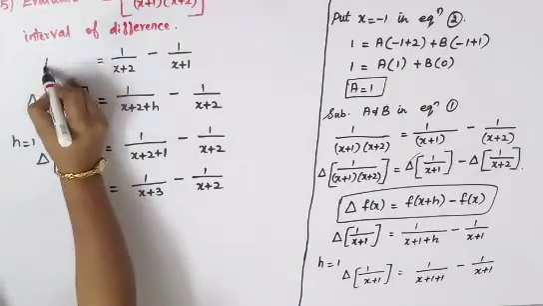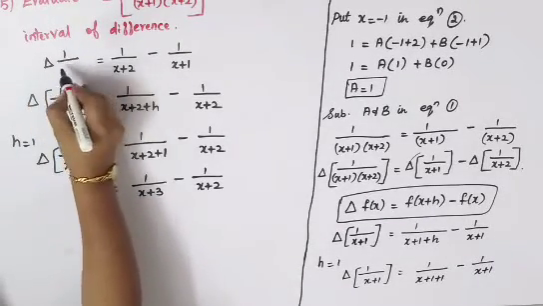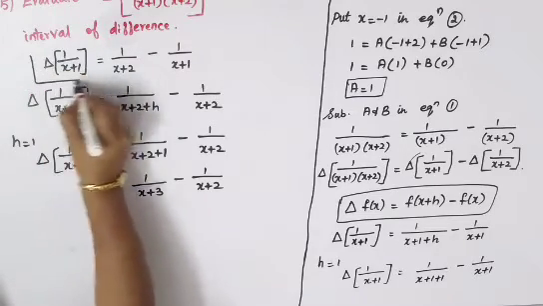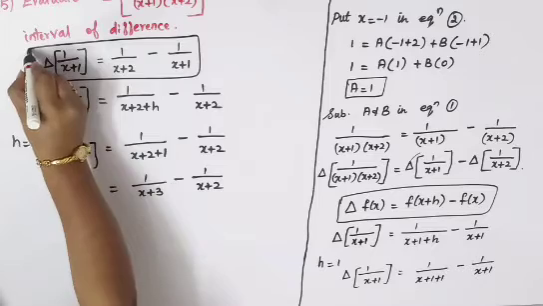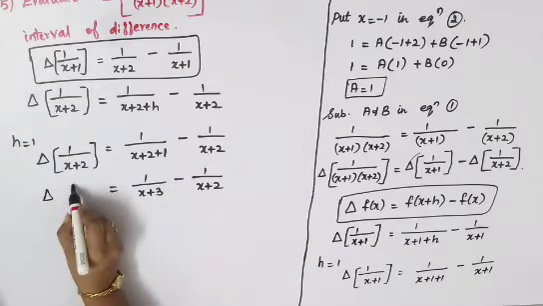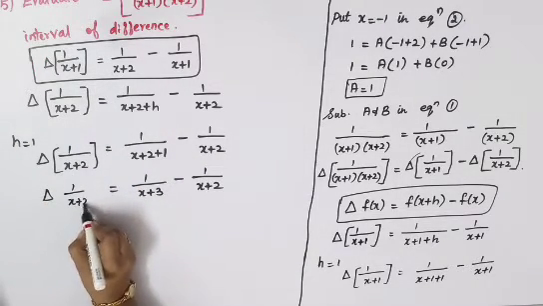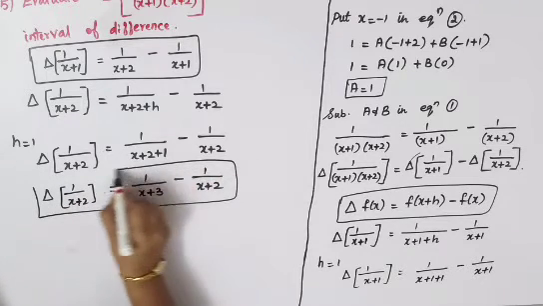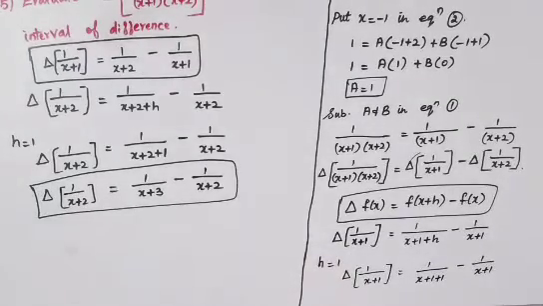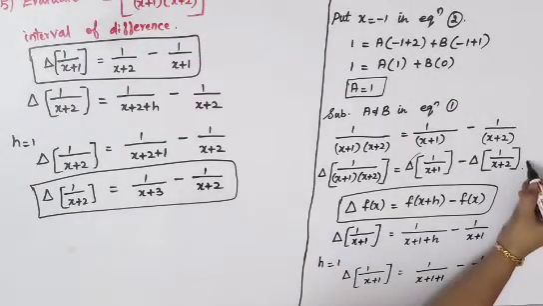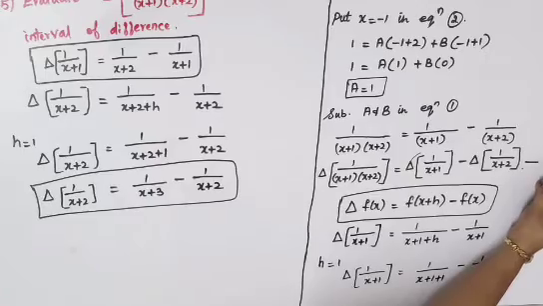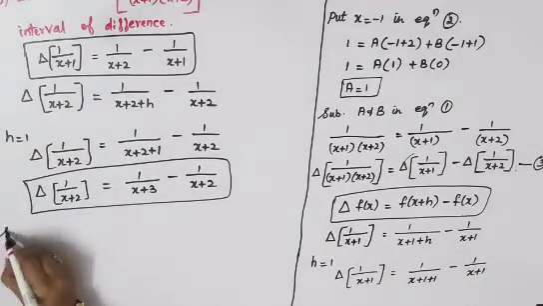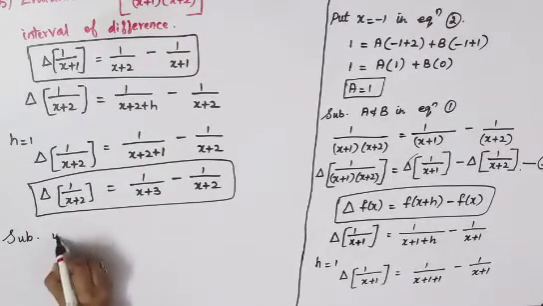This is delta of 1 divided by x plus 1, that is the first part of your answer. And this line is delta of 1 divided by x plus 2, so that is your second part of your answer. So you will have to substitute both these answers in this equation and just mark this as equation 3. So in this equation you have to substitute it. So substituting in equation 3,